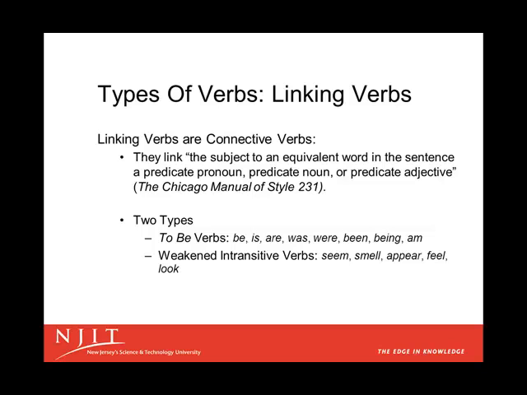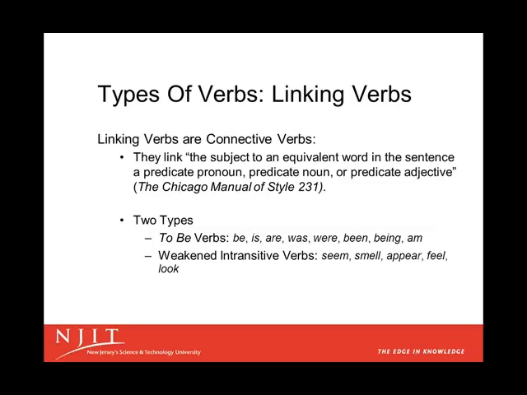The Chicago Manual of Style tells us that the weakened intransitive verb often has a figurative sense akin to that of became. Intransitive verbs are already considered weak because of their non-specificity. Linking types of intransitive verbs are even more so, as in the sentence, the river ran dry, because rivers do not run if they are dry. Other examples include verbs such as seem, smell,